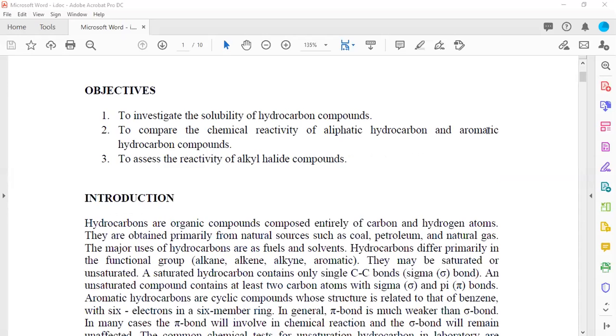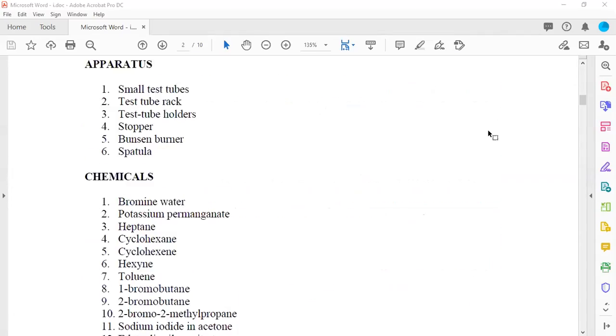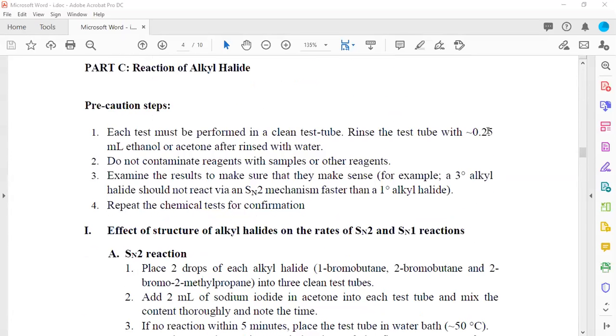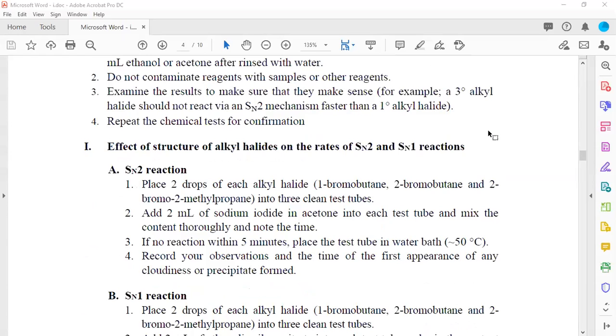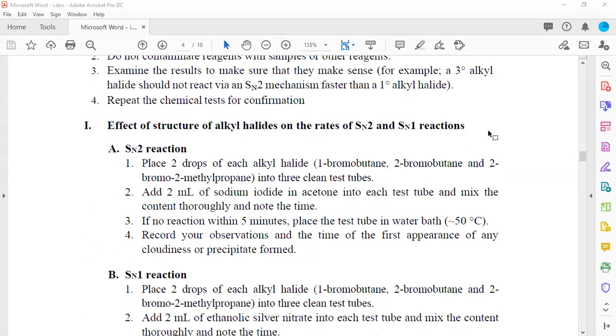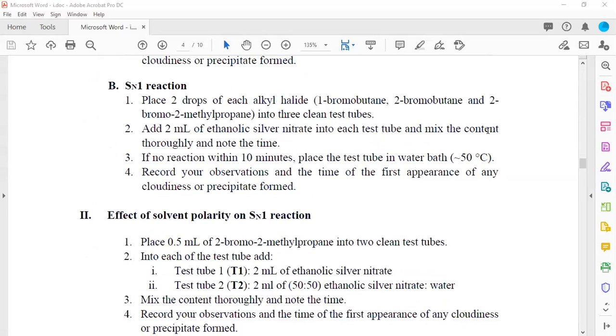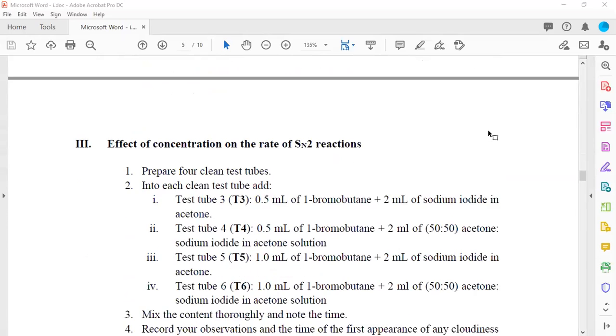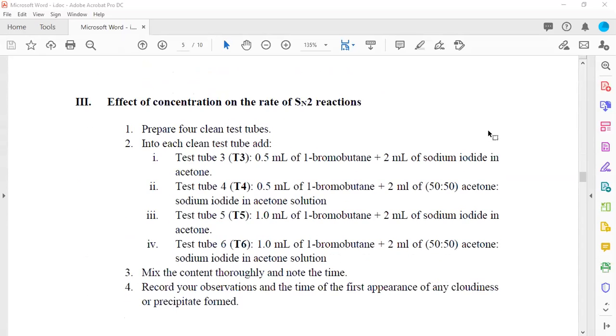Last time, about 2 weeks ago, kita dah ada video berkaitan tentang part sini, reaction of alkyl halide. You may read the precaution steps and all. Effects of structure of alkyl halide, SN1, SN2 reaction, effect of solvent polarity, effects of concentration on rate of SN2 reaction. This topic will be discussed in the final part of chapter 7,